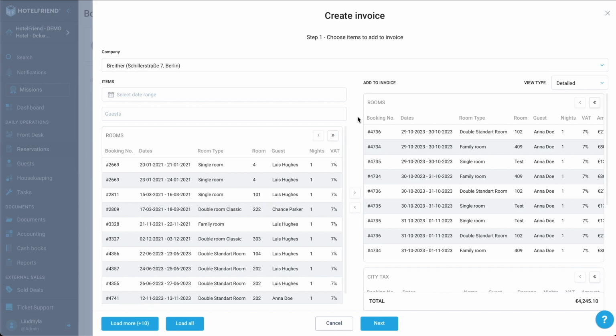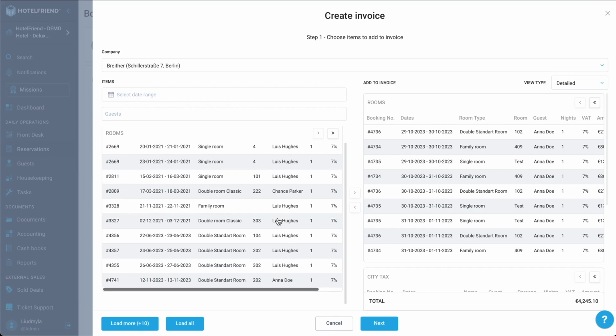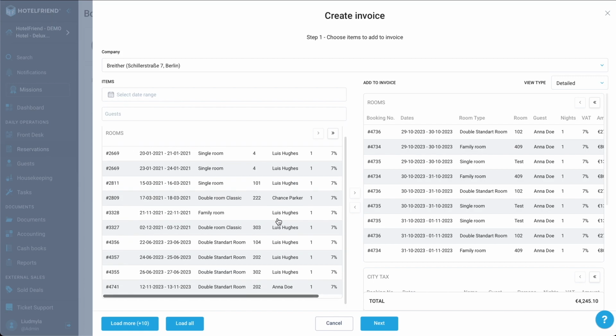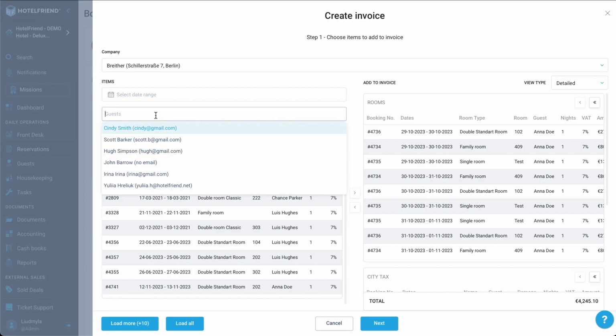Before, when you had group reservations with many nights, the Create Invoice modal was opening quite some time because all this data for your company was loading to the left side. And now the modal is opened momentarily. By default, we are showing 10 items on the left side you can choose from. You can load 10 more, or you can filter